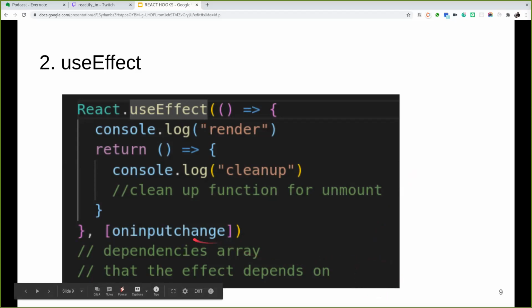Basically, what is happening here is we have the useEffect hook, which gets triggered when there are any changes reflected in the dependency array, which is here. On change of the value of the dependency array, it triggers an action, which in this case is logging the render.